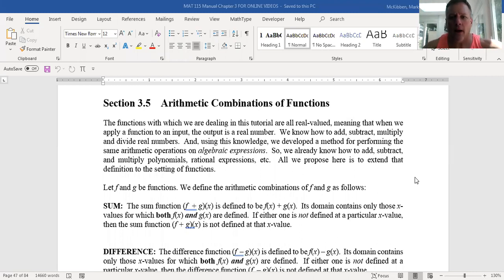Amazing. All right, so what we're going to look at in this section is basically how to form new functions from existing ones, right? And the easiest, most natural way, I would say, to do that is the arithmetic combinations, right? You have two quadratic functions, 5x squared and 3x minus 2x squared. You can form a new one by adding those together, subtracting them, multiplying them, and even possibly dividing them,